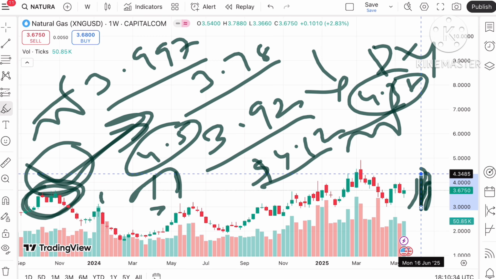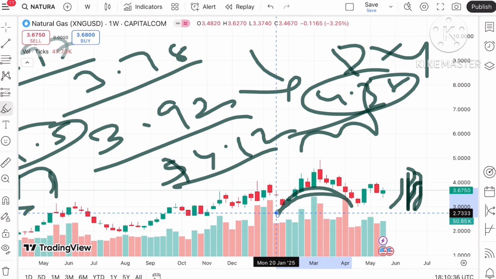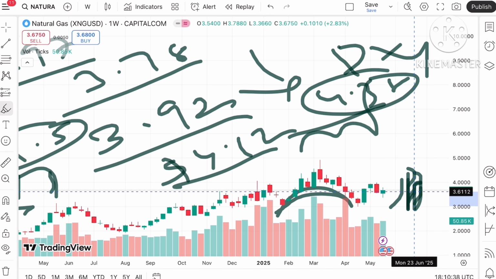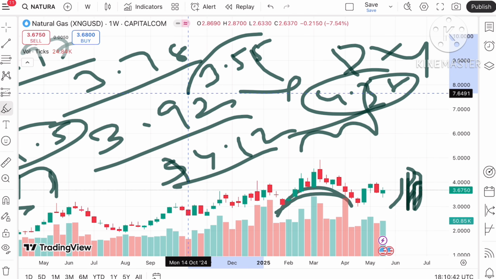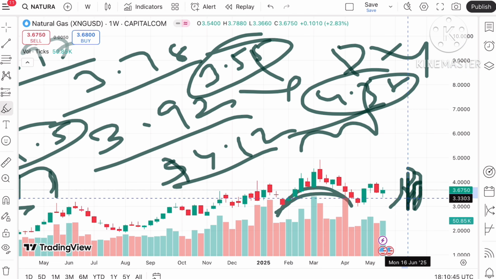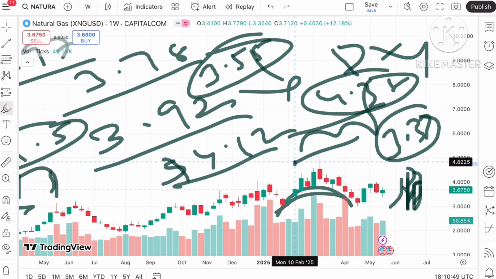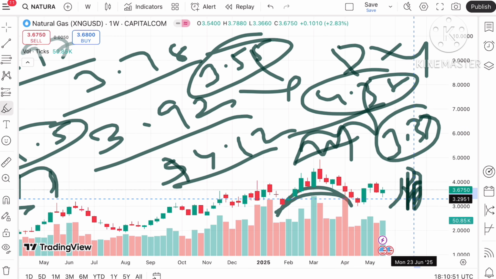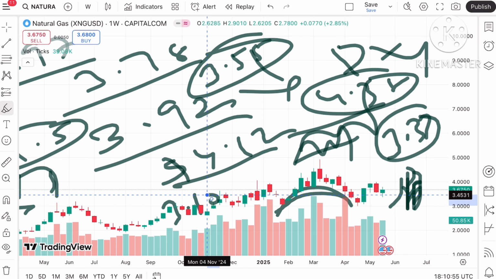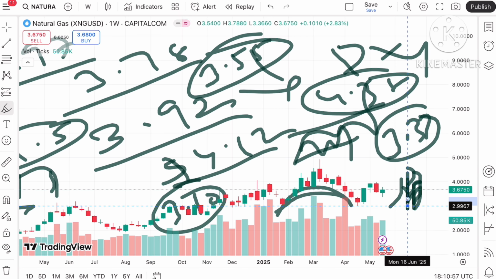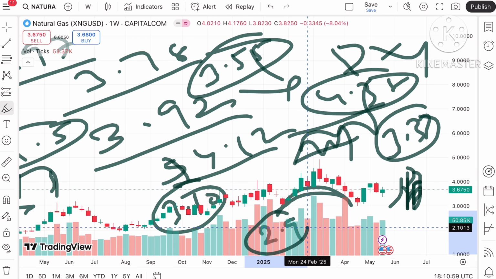Okay, but if it started going below this level, see, there is a swing formed at this particular level. Suppose if it started going below this level, chance of touching a level of 3.55 we can see, and if the price goes below that particular level, chance of touching 3.33. Okay, and this level is already being tested, so chances are high the price will fall further down and it can touch a level of $3.10, and from there a further downfall we can see to 2.9.